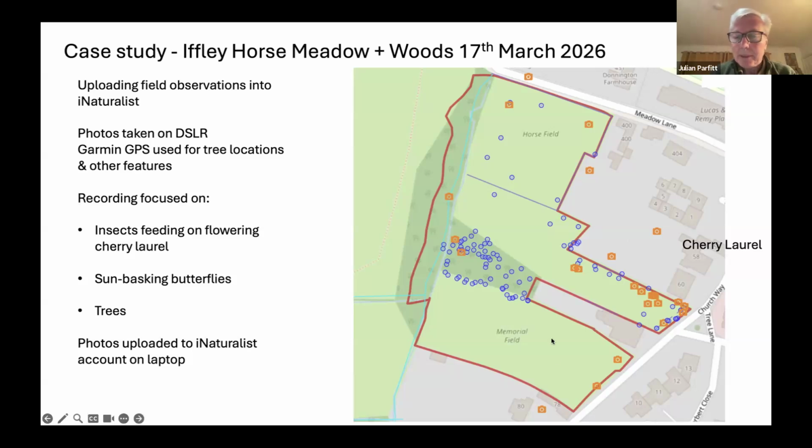It's a couple of fields and a bit of woodland. So I went into those fields with my camera and a GPS Garmin device for precise recording of locations. The reason for that was wanting to know exactly where each tree stood, to build up a longer term picture of this area. And when we turned up there on the 17th of March, there was a beautiful area of